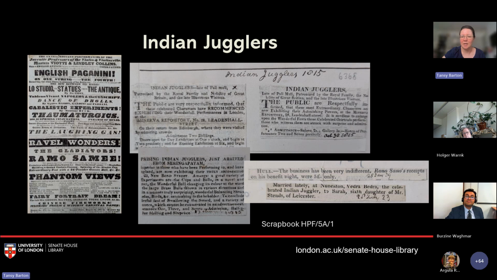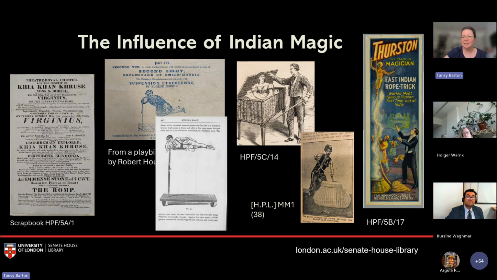strong influence over the West, both from these, as I say, accounts of travellers and the performers when they started to travel to the UK. This led to Western performers, particularly in the latter half of the 19th century, appropriating Indian personas and names, in particular stage dressings, and also taking tricks that originated in South Asia and representing them as new tricks appearing on Western stages.